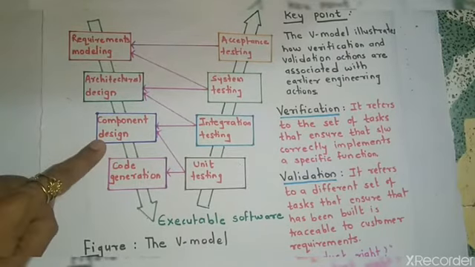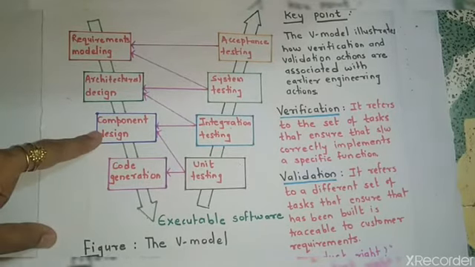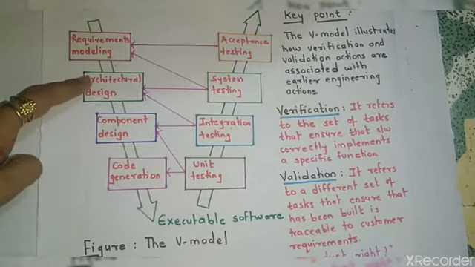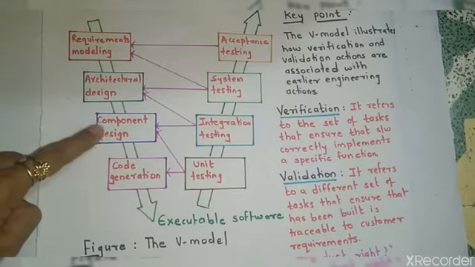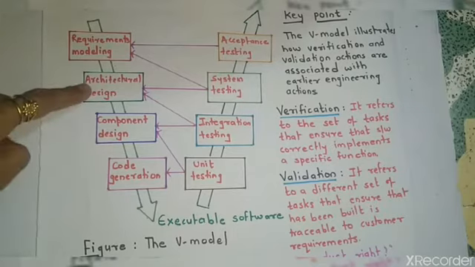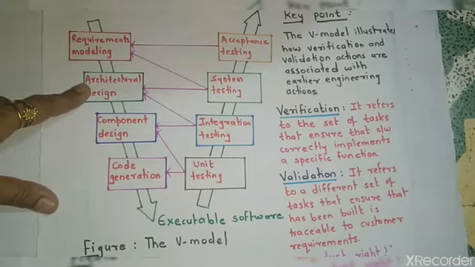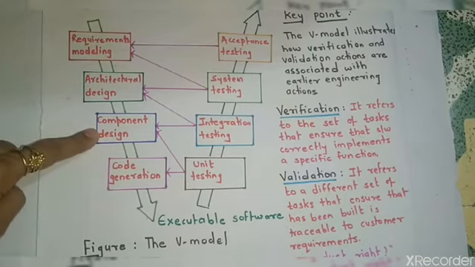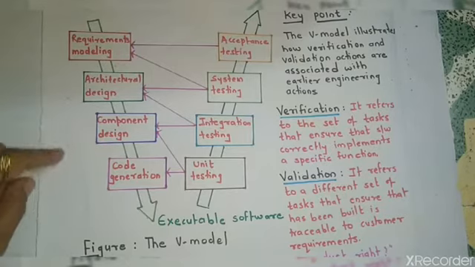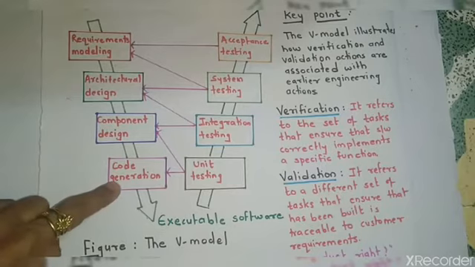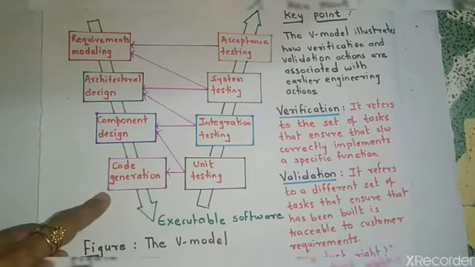Then we are coming down to produce a component design. So this document contains whatever interrelation we had shown here in the components, that each component is now described in detail. So for example, we have the calculator functionality. Here I am showing the overall pictorial representation of how they are placed, and here I am going to prepare a design document where I am just going to talk about addition as a module. Now based on this we are going to generate the code. So this is the left arm of V.